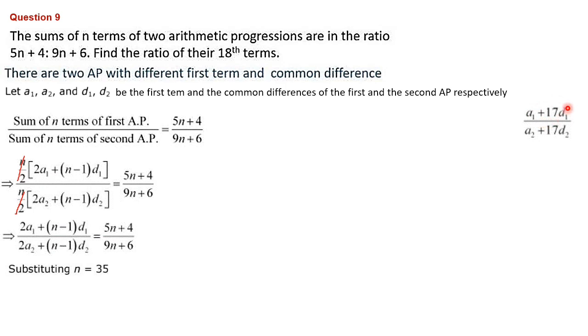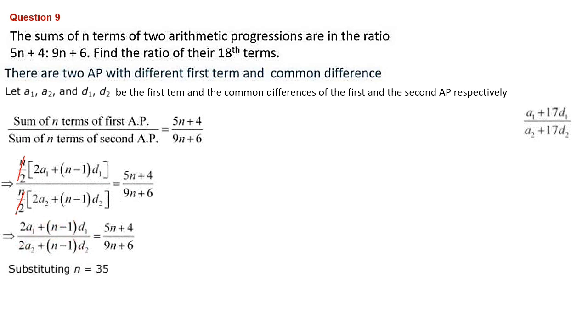That is our aim. We should bring the numerator to the 17 d1 format. To get the 17, the first term 2 is there, which we don't want, so we have to eliminate 2. That means we take 2 as a common factor, and here also 2 should come out as a common factor. We need 17, so if we take 34 and take 2 common, we get 17d. How do we get 34? If you want 34, we have to put 35, because 35 minus 1 becomes 34. That is the logic we are using.